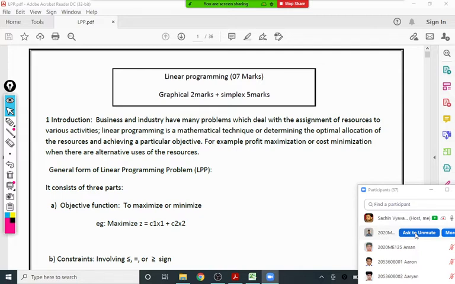So you are all already familiar with this topic because it is not new. Definitely you already learned it in your 11th or 12th standard, where you first started with how to solve inequalities. Anyone, how do you solve an inequality first, or graphically, what does an inequality represent? Suppose some inequality is given and the question is to present it on graph paper.